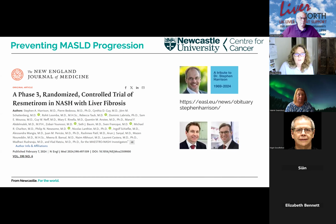Now, you may or may not have heard, for people that are interested in MASL, of the new treatment now to treat patients with NASH. So this is the first drug licensed by the FDA in America now as something that can help resolve NASH. And this is called resmetirom. Professor Anstey was a co-investigator on this trial. Some patients were from Newcastle. And actually, it's a drug that is a thyroid hormone receptor agonist, something that perhaps stimulates your thyroid system in a way that is perhaps mimicking more activity. But this is the first drug to be licensed. I don't think it's going to be approved by NICE in the UK for a while because it's extortionately expensive,